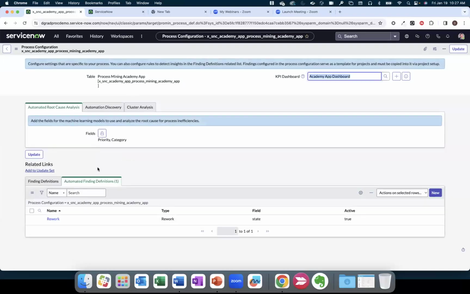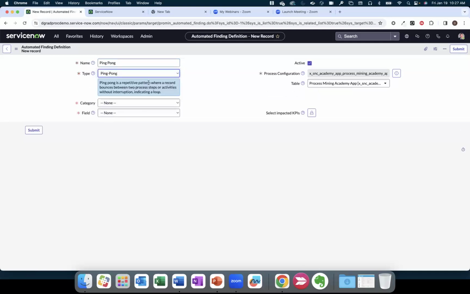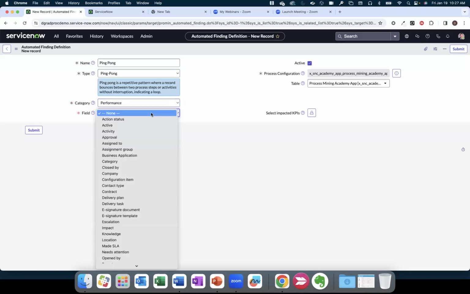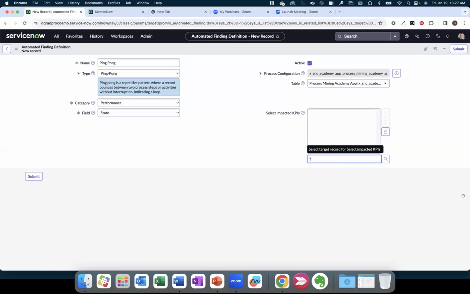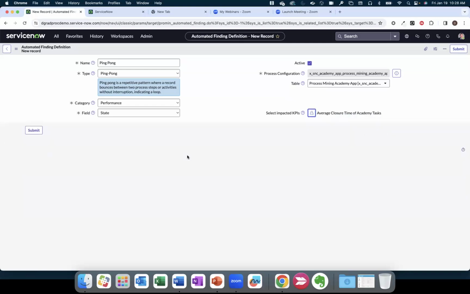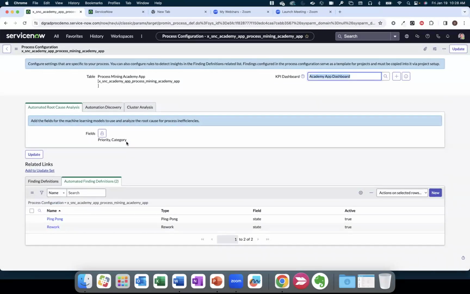And maybe we'll add another one for ping pong to see if there's work ping ponging inside of here. So we'll say ping pong, automated finding. We'll say that's going to be a performance issue. We'll say ping pong on state field, of course, and then give it a KPI as well. Don't need to link it to KPIs, but if you do have some, it's helpful to do that. We'll just say it's going to impact closure time as well. And we'll hit submit. So we've configured a process configuration record for that custom table aligned to my custom application,